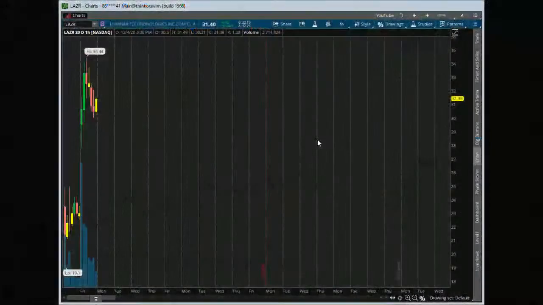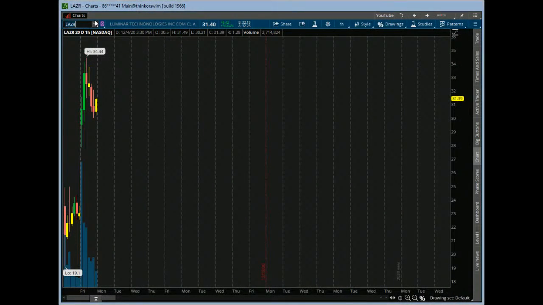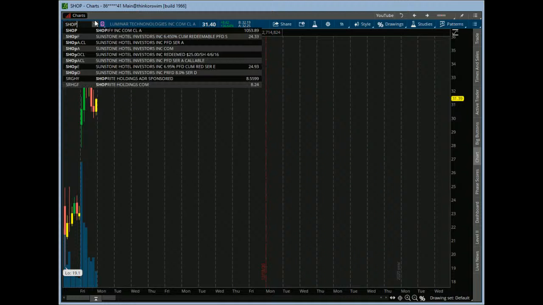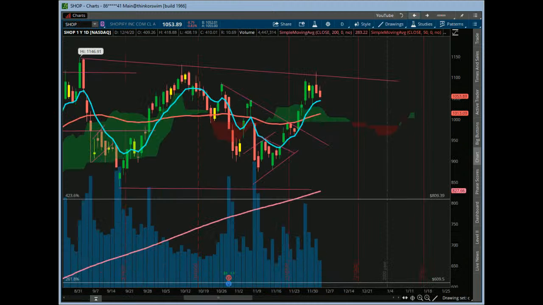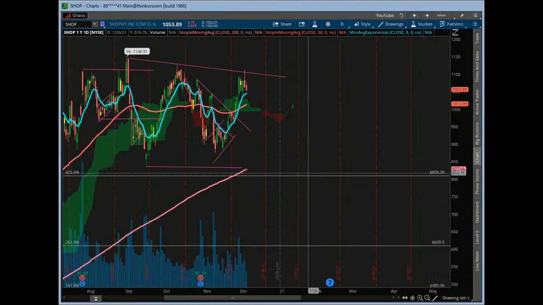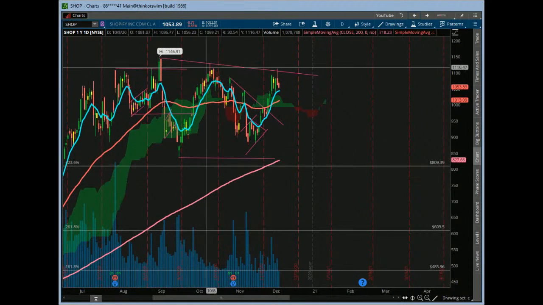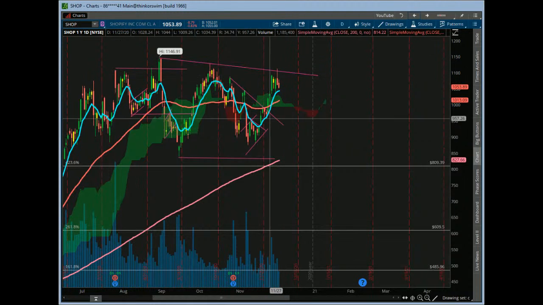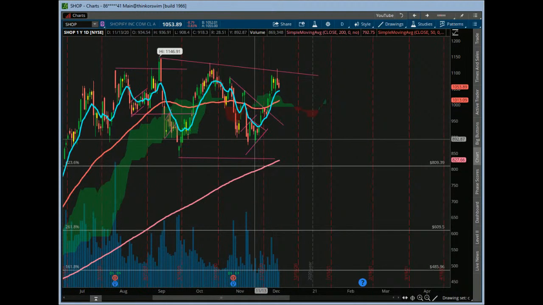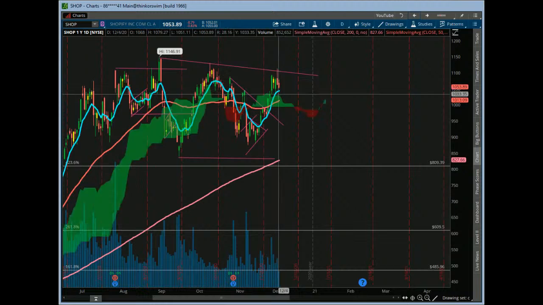Okay, yeah. So let's take a look at Shop here and see what it's looking like. Shop's been pretty tricky, right? It's been a tough name to trade, sort of like CMG. It's been really challenging with the spread. One of the big things I'm looking at here is the geometric line, right? We haven't really got above it yet. It looks like we impulsed up to the geometric line right here. You can count possibly a 1, 2, 3, 4, 5 move up,